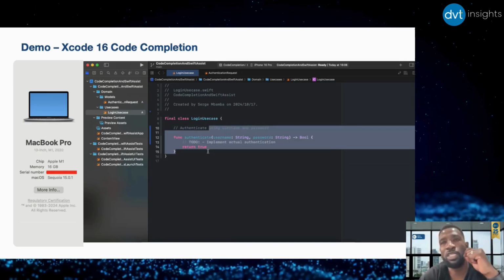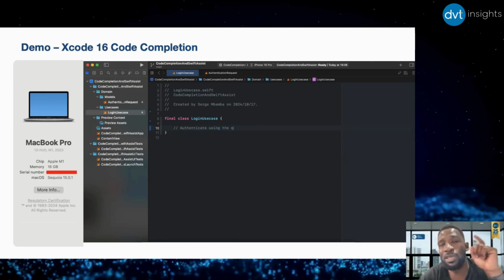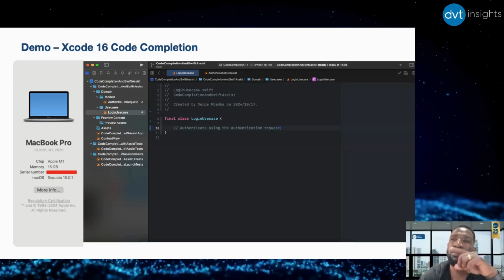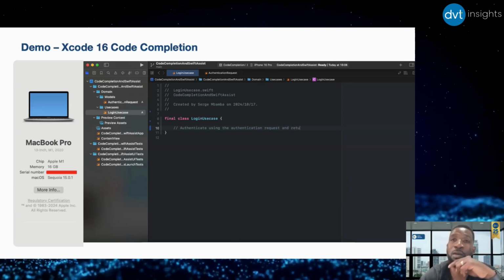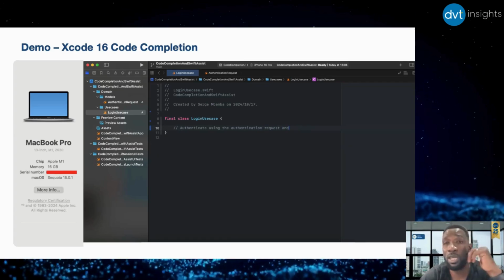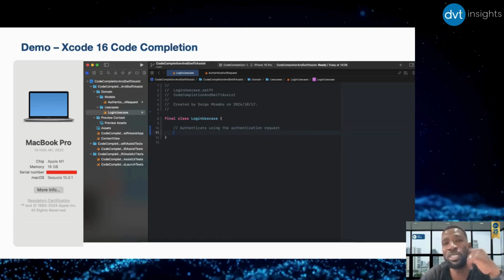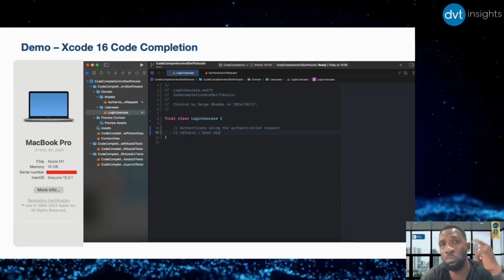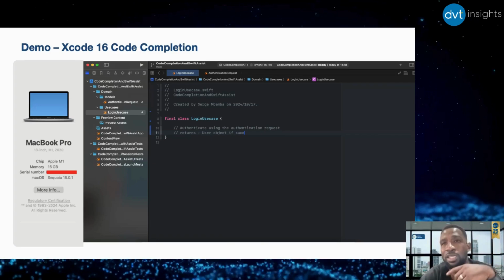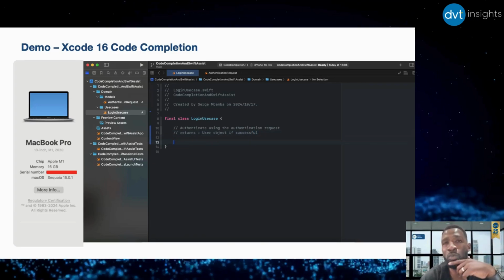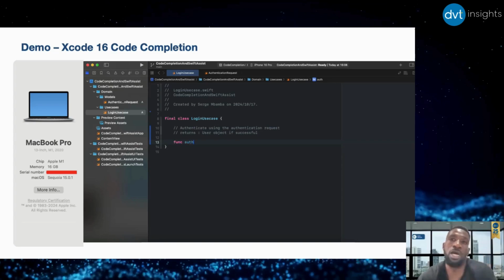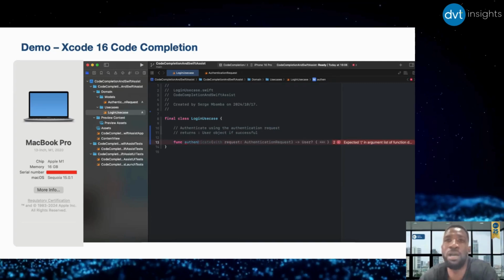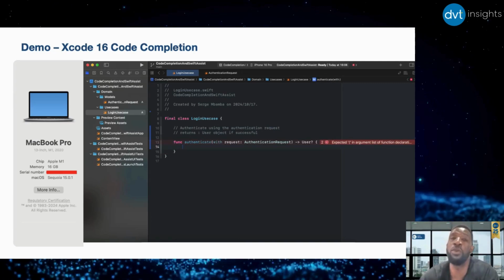Is code completion aware that I've created an authentication request somewhere? So I change my comment. I come here, I say now, I'm not only going to use the individual fields, I'm going to use my authenticate request. So I'm saying authenticate using the authentication request. I'm hoping that code completion has awareness of the context and will pull my authentication request and inject it in the suggestion that it makes for my method signature in this case. Now I kick off authenticate again. I'm hoping, yes, bam, it gets it, and it gives me the very same object that I created.